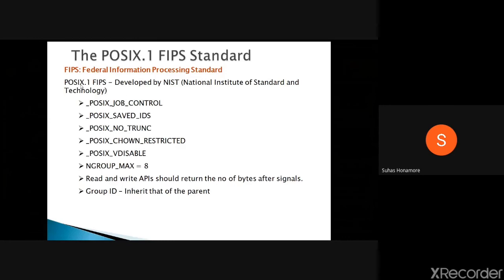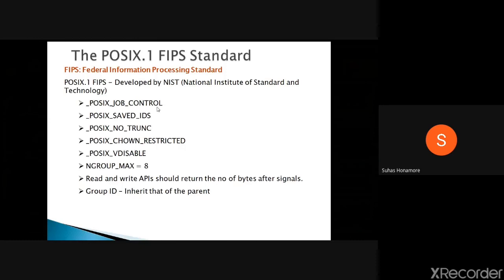What they did is they defined some values and said that whenever you are going to follow this standard, that is FIPS, for their own US community, the US Department of Commerce community, you should have some values for this. They fixed the values for these macros. Those values only you have to use and follow in your system. Whenever you use FIPS standards, there should always be fixed values for these things.